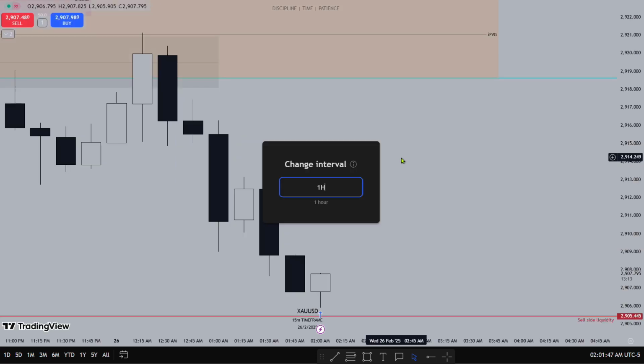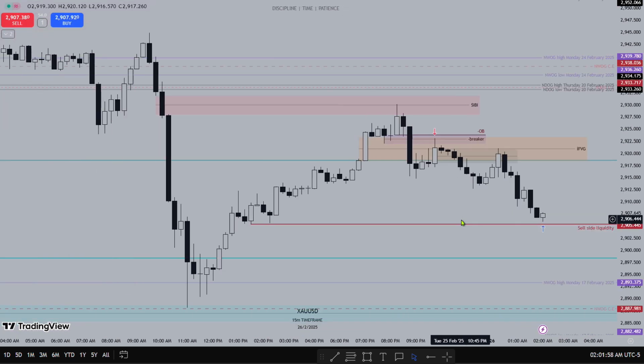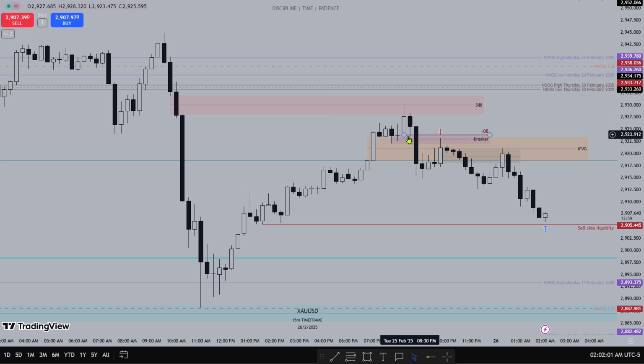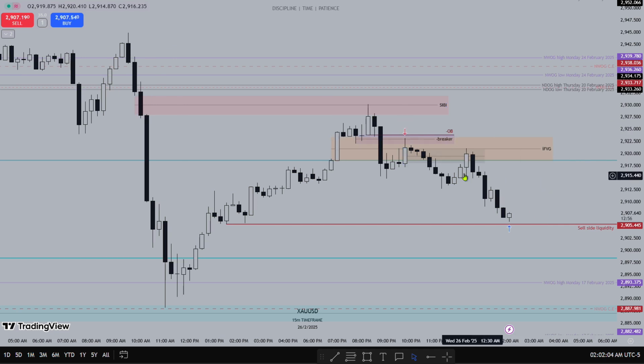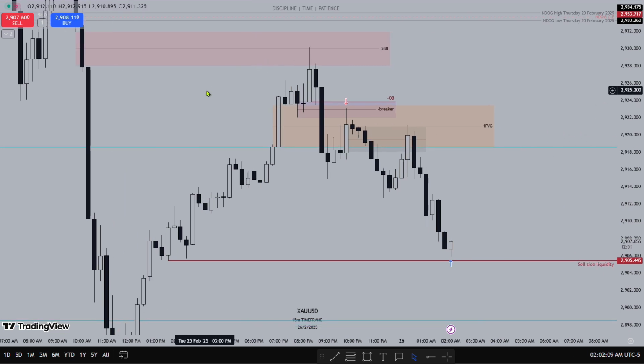And then when I went down to the hourly and saw this fair value gap, I looked for a fair value gap within it, and Asia traded to it. Like I said, inversion. So the main thing to take away here is that inversion fair value gaps ahead of order blocks and breaker blocks are your entries, because that shows that the market is really, really aggressive and it will not trade back to